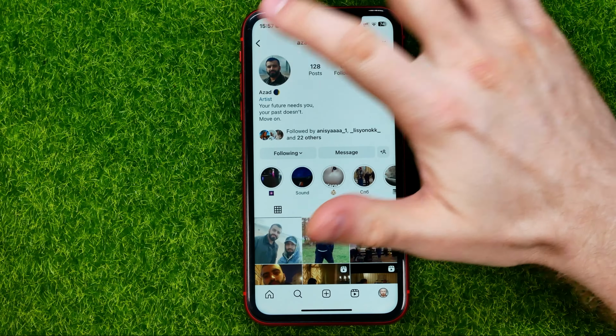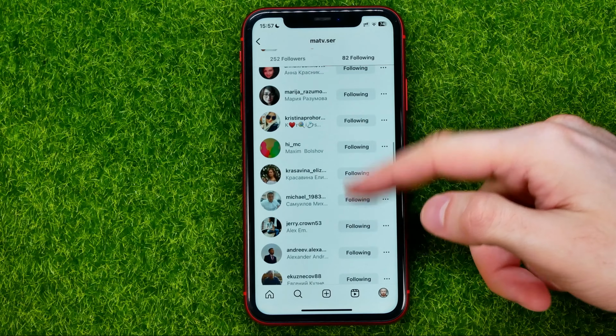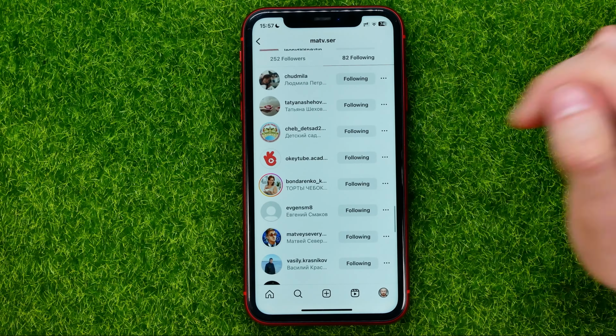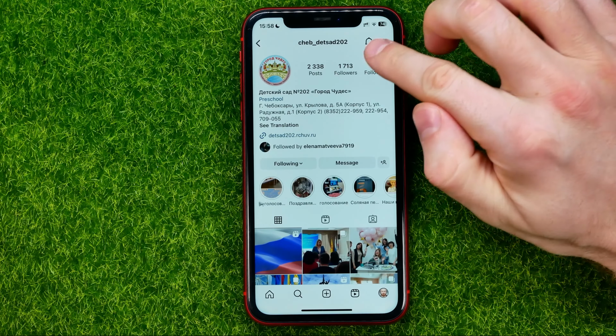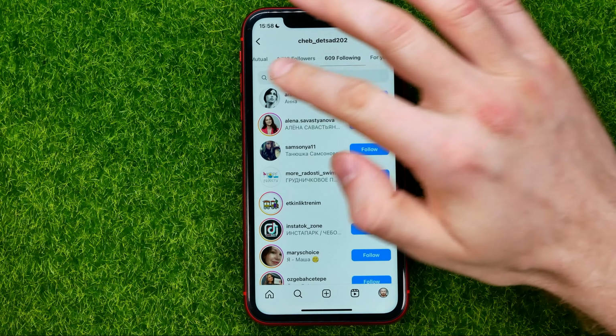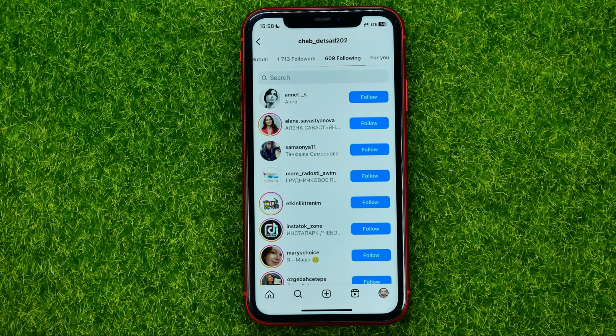And let me show you an example. I got that type of user. Let me find it. Here it is. I can get to their profile. I can tap on following. And as you can see, my Instagram profile is not showing here, and that's because that user does not follow